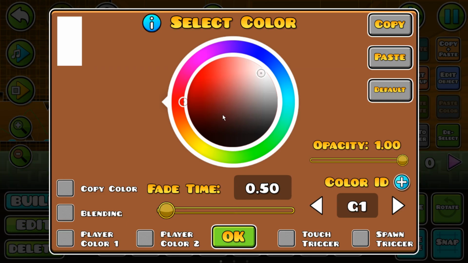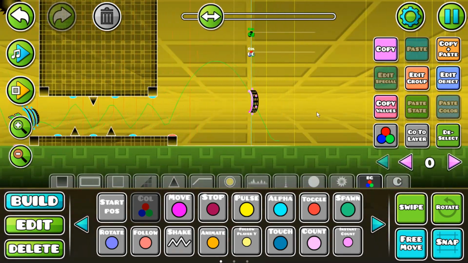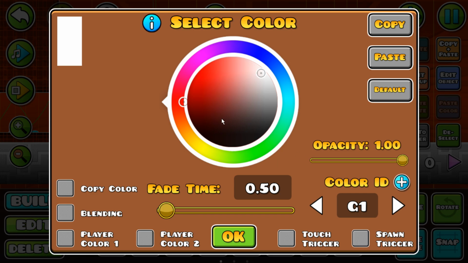Is that really that cool? And then maybe make the ground yellow. Wait. Now it's white. That actually doesn't look half bad. But the question is, why is it white? Right, because of this. Okay, I get it. Let's just make